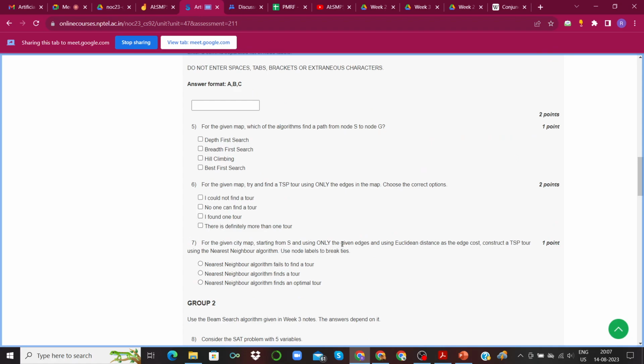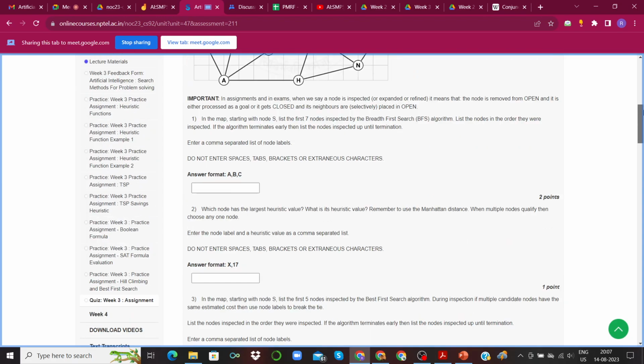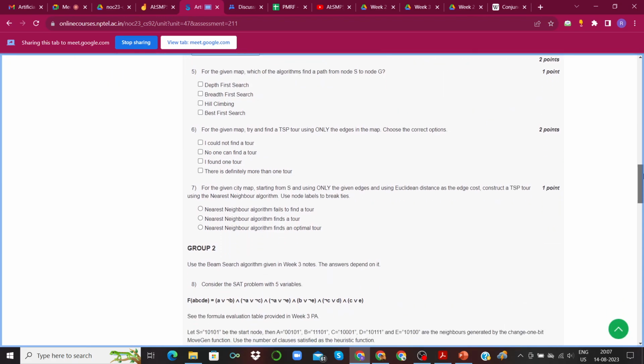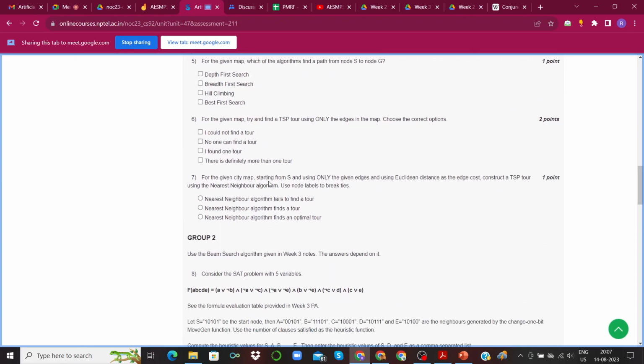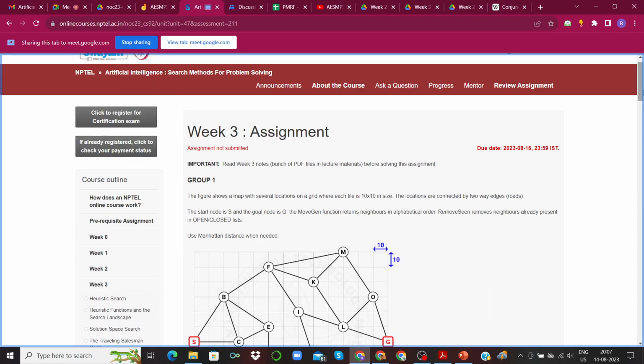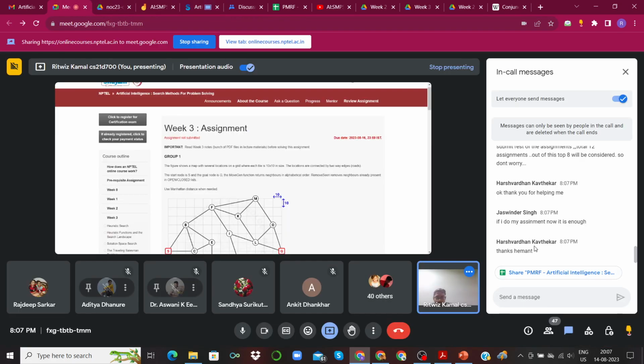First of all, I'm not supposed to discuss this, because this is the current assignment before the due date. So I'm not going to discuss the answer for sure. But what I would suggest is that since this is not a solution as such, it is an intuition or a test of your understanding of the nearest neighbor algorithm, just go through the algorithm steps. I'm sure the pseudo code for the algorithm would have been given in the lecture notes. So just go through that, and that should help you answer this question.